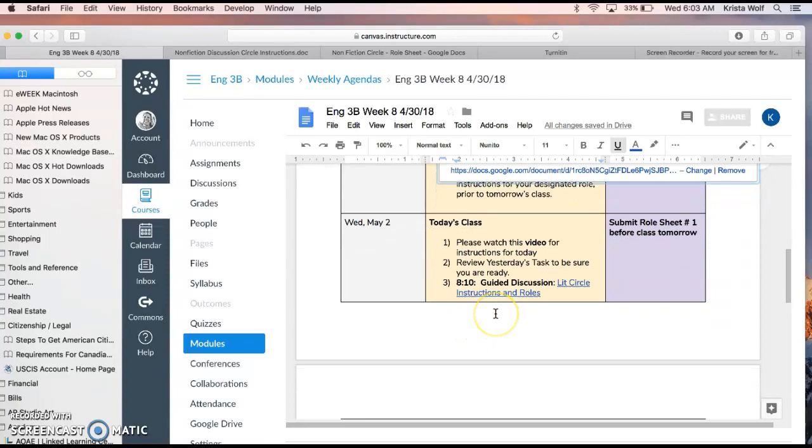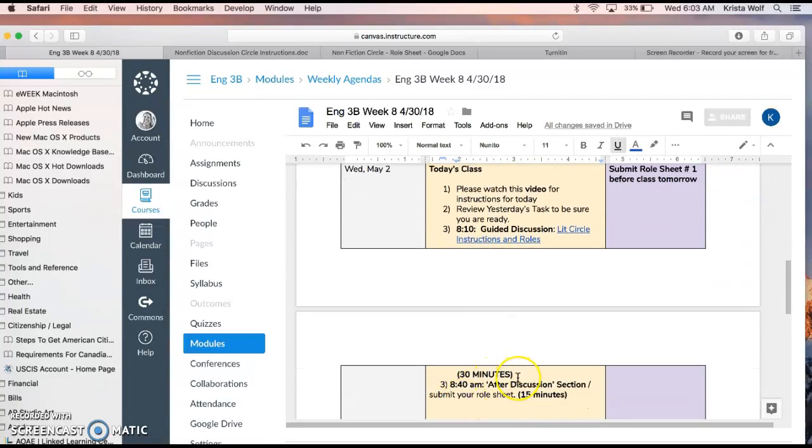It really should take you guys about 30 minutes. So I put that on here, and we're going to go through what you need to do for those 30 minutes. It can be a little tricky to fill that time, but I want to encourage you guys to really dig into each person's task. So if you think about it, most of you have 3 people in your group. It'll take you a few minutes to get ready, but I would say each person should take 5 to 7 minutes on their role.